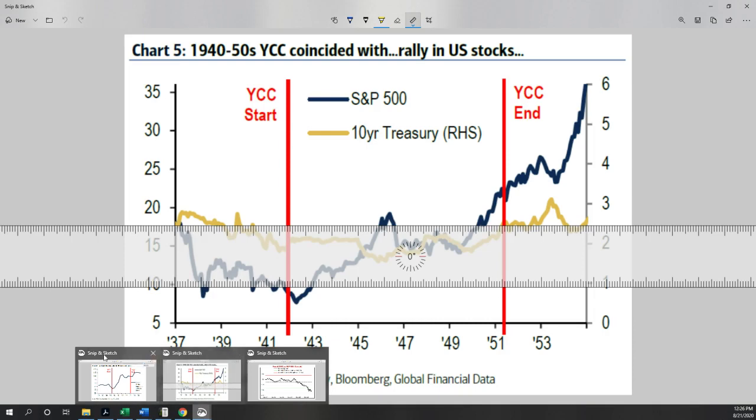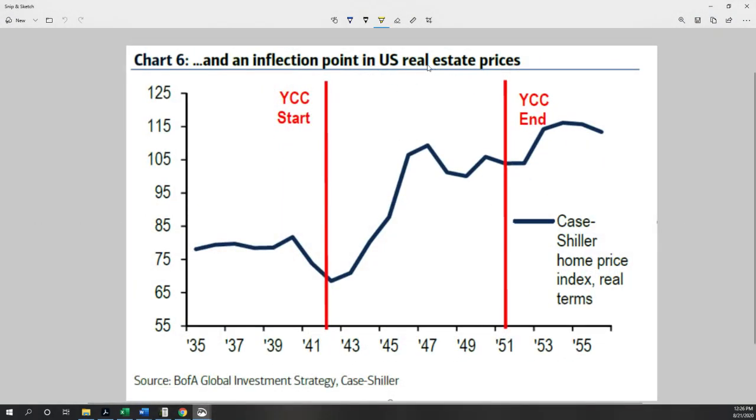Now, when we bring up another chart, you can look at real estate prices. Look what happened to real estate prices. Not only did they surge, right, from here to here, but even after this, and this is a long period, guys, a 10-year period. You're saying, wow, stocks are going up, they're going higher, interest rates are low. This is different. This is capping the rate. Why is that so important?